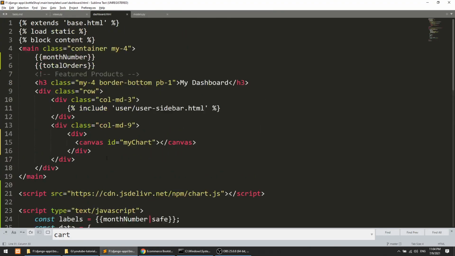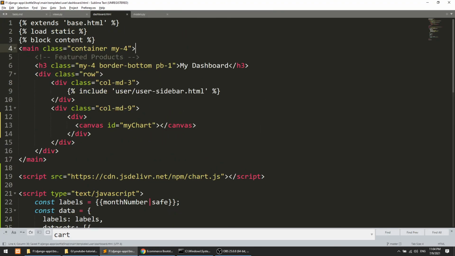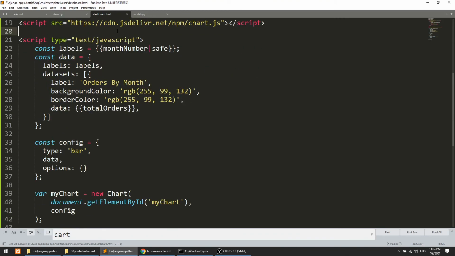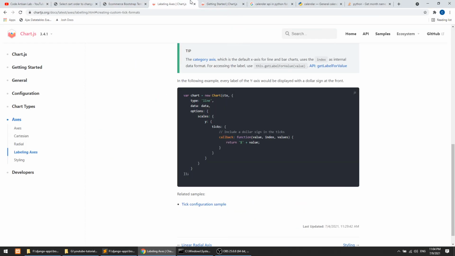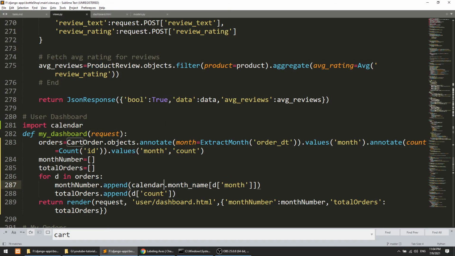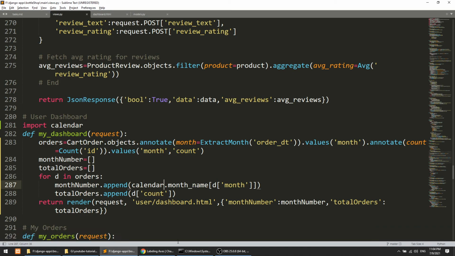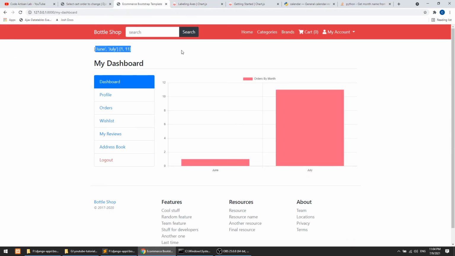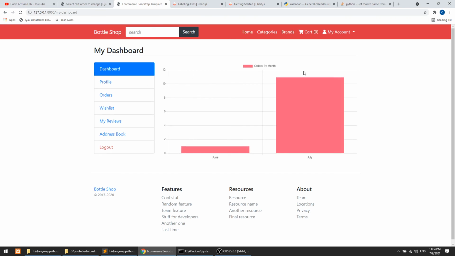Okay, so now you can see how we have implemented the chart.js library. This is just a basic thing. You can explore as much as you can, because they have lots of options to do. Okay, so you can explore lots of things. I'm just giving you options for exploring. Okay, so we have implemented the chart.js library, and we are showing this in the user dashboard. Okay, so that the user can get an idea of how many orders he has placed in a month.